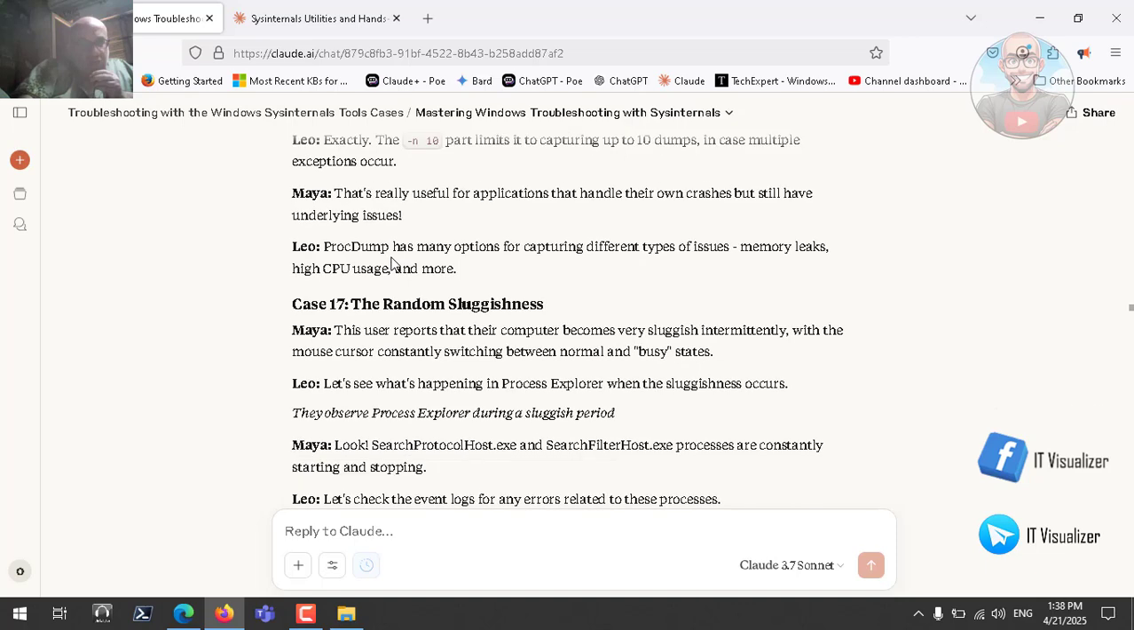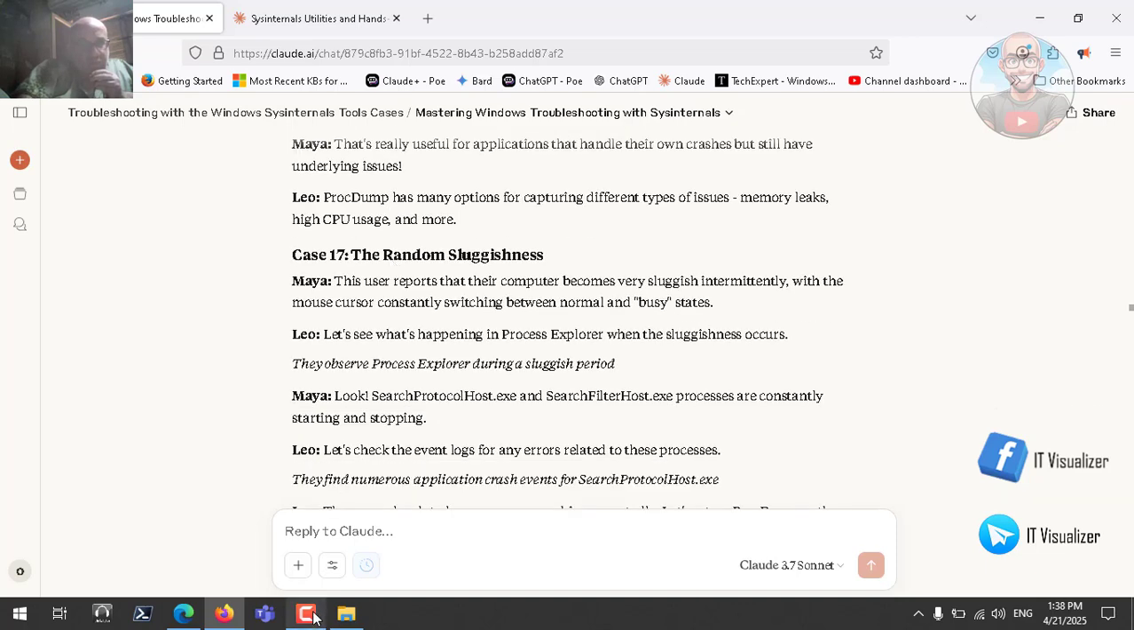Okay, so we go to case number 17. This is the last case, the random sluggishness. This user reports that the computer becomes very sluggish intermittently, with the mouse cursor constantly switching between normal and busy states. Let's see what's happening in Process Explorer when the sluggishness occurs. They observe Process Explorer